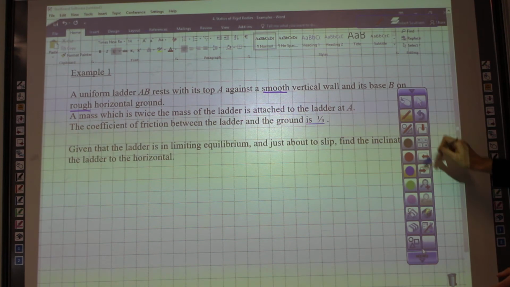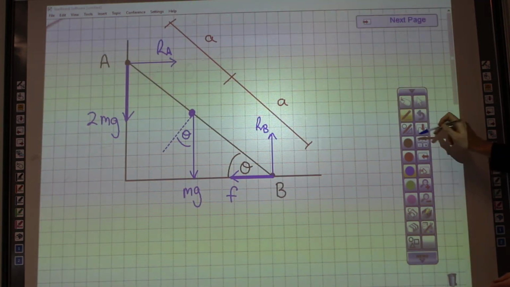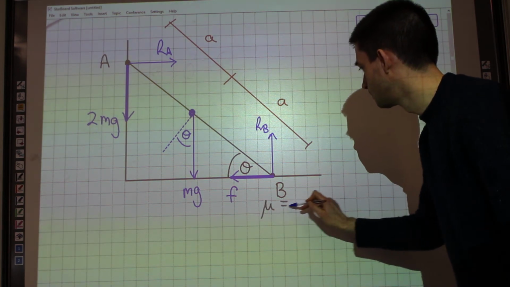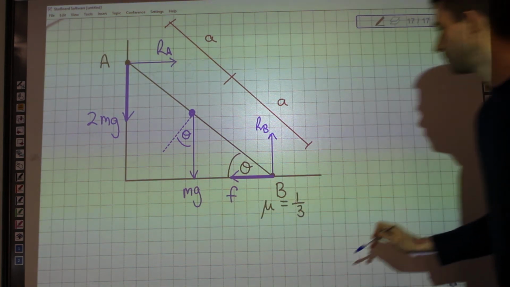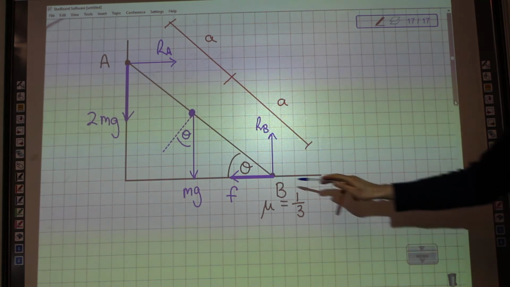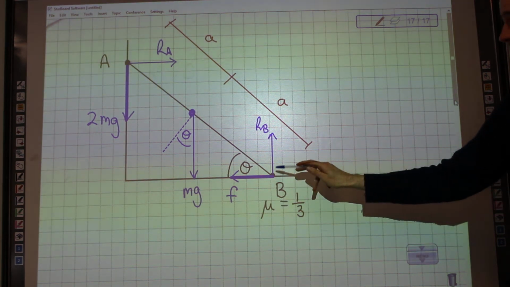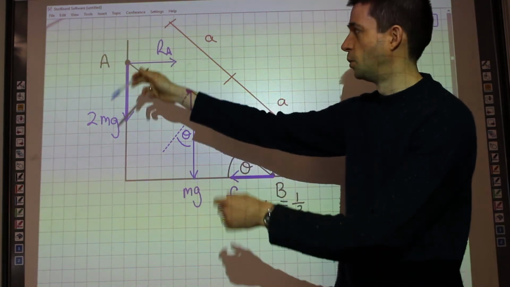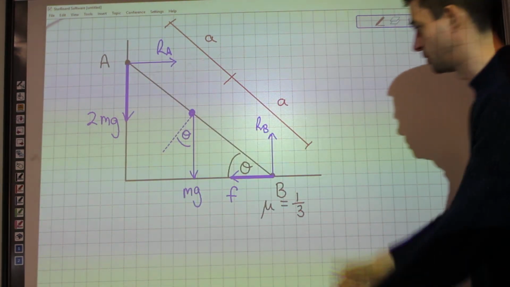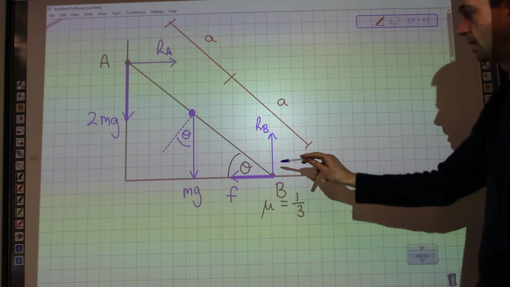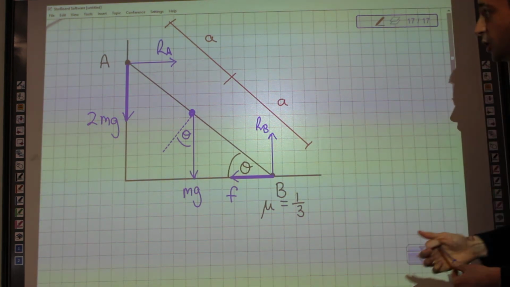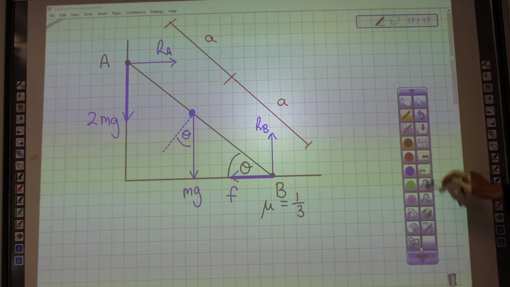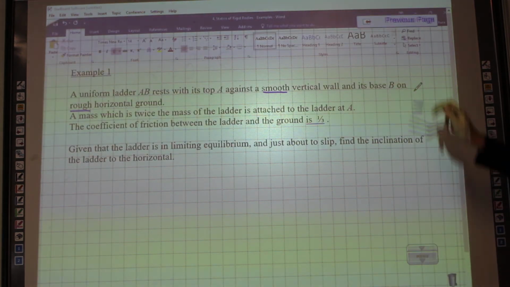Now what I'm going to do is I'm going to write that in down here, because I know then that it refers to the friction here rather than coefficient of friction here. Although as the wall is smooth there is no friction here, but that's a good long-term strategy. Label that mu at the point where the friction is actually happening. Right, I'm now confident that I've got everything labelled on the diagram that I'm going to need, so let's proceed